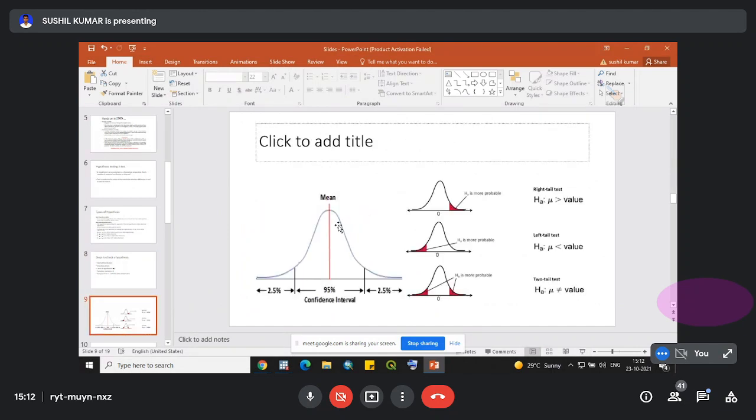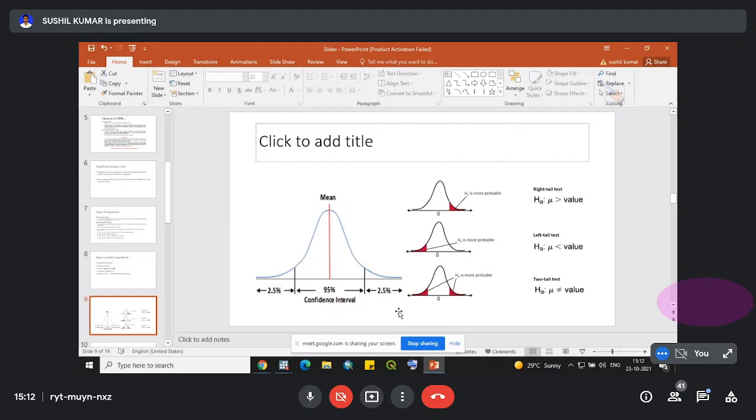It means if our score lies in this region, we can accept our null hypothesis. If it falls beyond either this side or this side, then we will fail to accept our null hypothesis, as you can see in this graph.